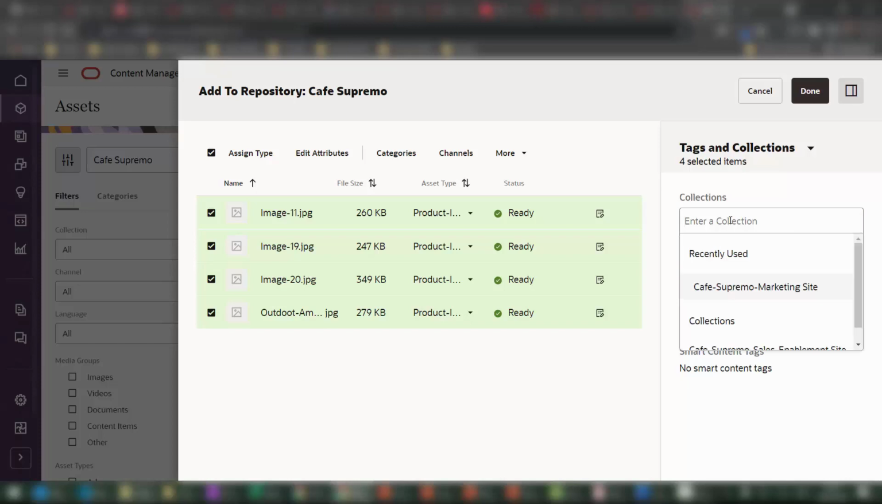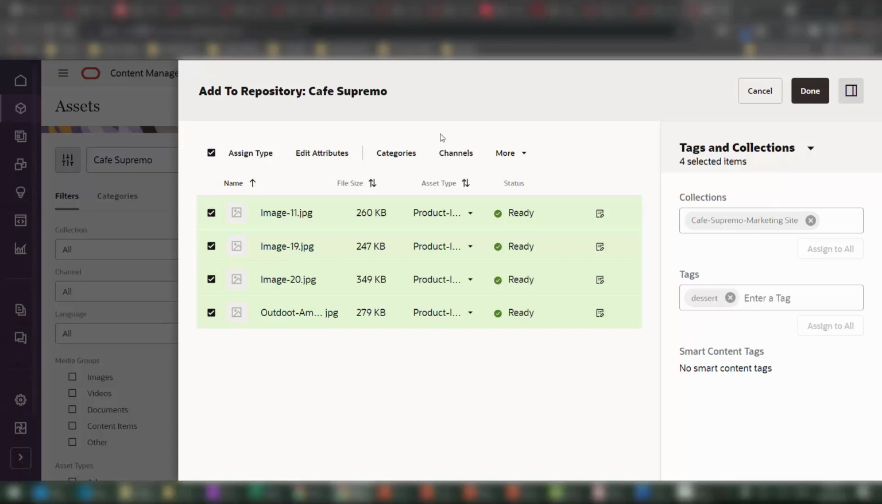So if I want to maybe group some content together and share all of that content in bulk with all the contributors, I can create a collection and I can assign the content as I import it to that collection. And then, of course, I can assign, for example, tags in bulk as well. So for example, I know that all of these images are about dessert, so I'm going to assign dessert as